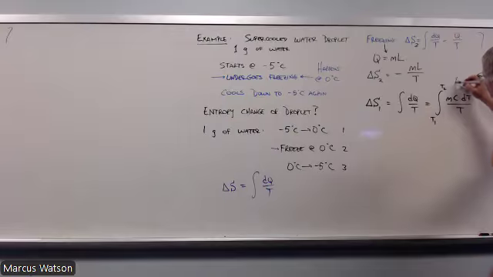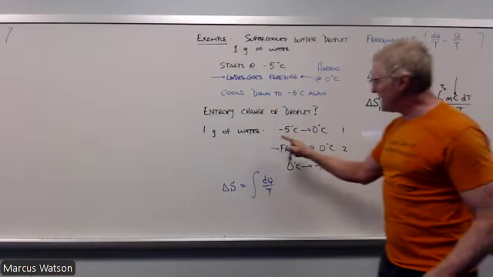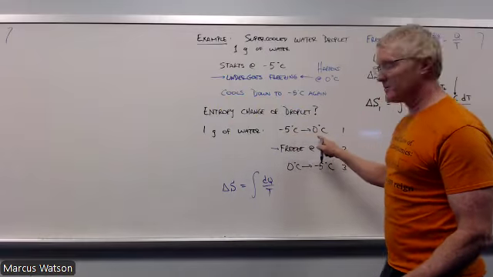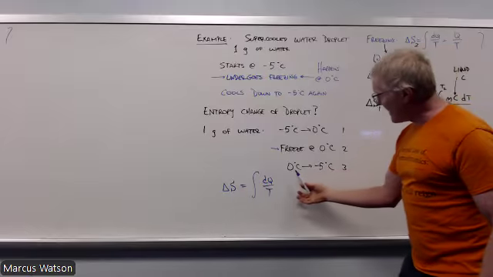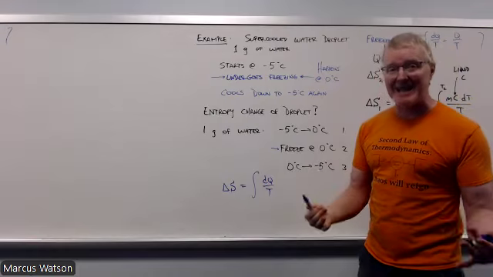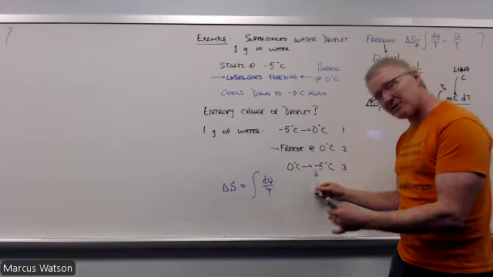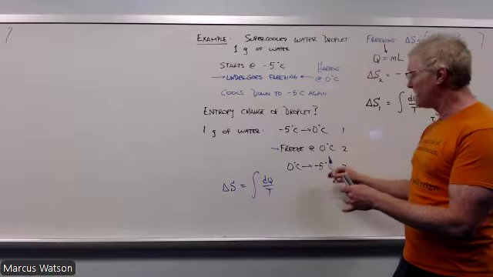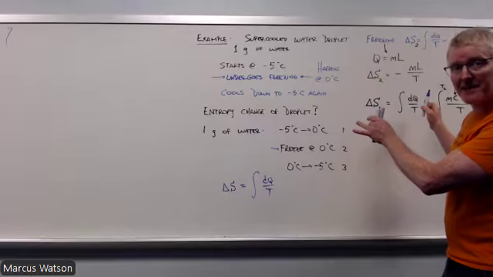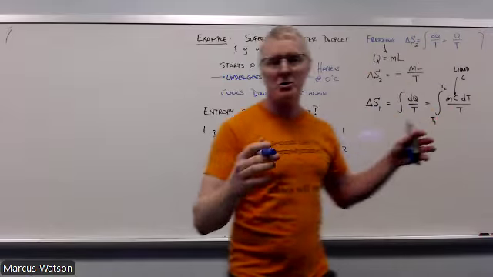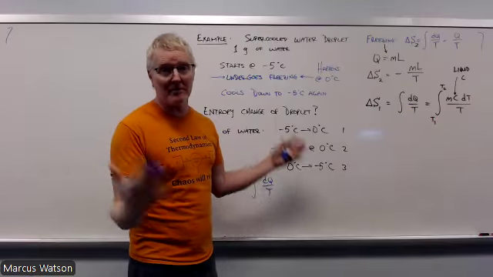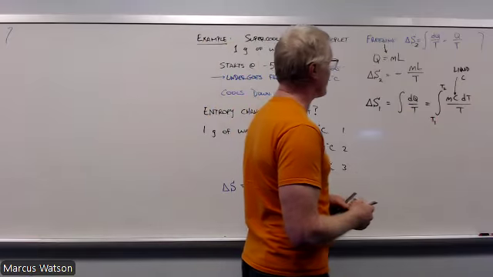Now, careful, I've got the 1 gram for the mass here. That C, be careful here, this was a liquid state here. This has to be the liquid water specific heat. When it goes back from 0 to -5, now it's ice. It's solid water, so I have a different specific heat for this part. Okay, nonetheless, the form of it will look exactly the same. It'll still be a sensible heat transfer, and all the math that I'm doing here symbolically will apply directly to section 3 here.